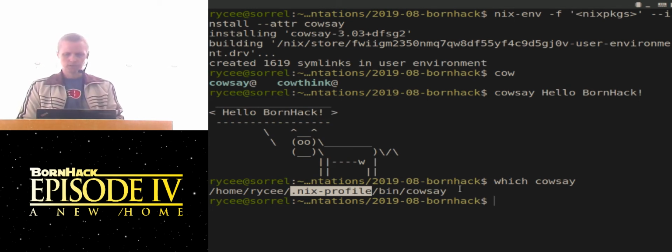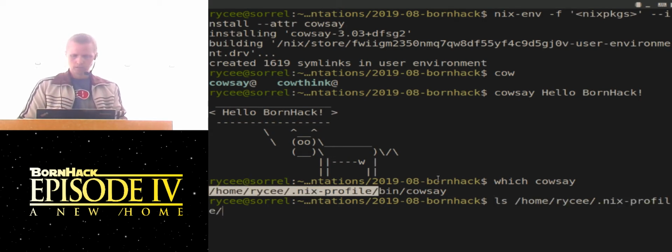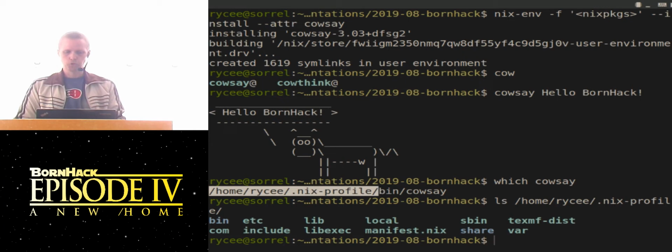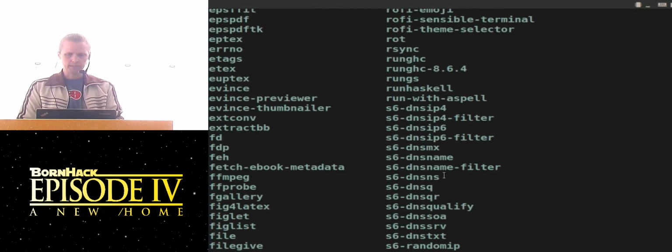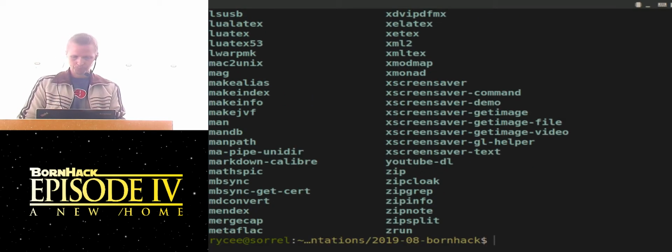And under here, it's very similar to the root directory of any other Linux distribution. And under here I have a ton of different packages that I've installed for my user only.